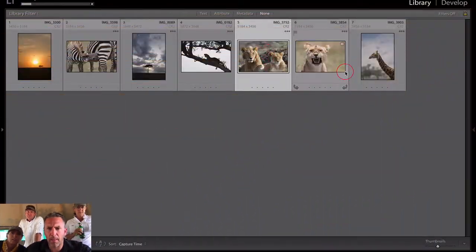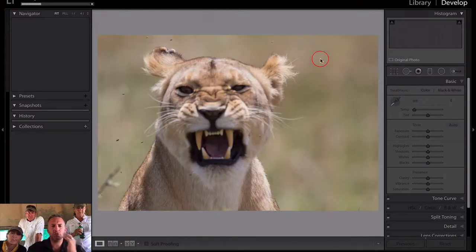Okay, so we'll look at some of those, yeah? Let's start on a basic one. I want to start specifically on that one. Okay, so inside your develop module,